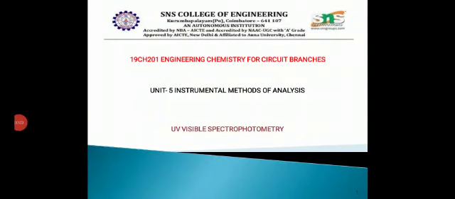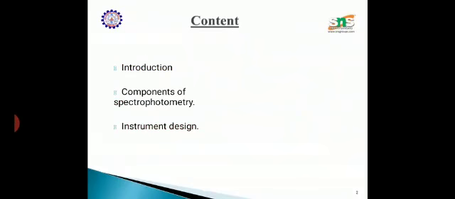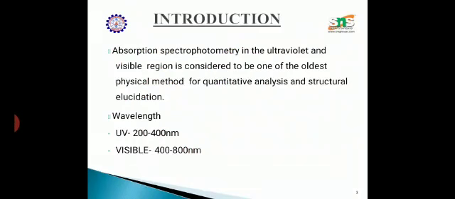So we are going to see about the UV visible spectrophotometer. In this video we are going to study how the UV visible spectrometer has been designed, and its functions and applications. It's an absorption spectrophotometry. Absorption means the ultraviolet radiation, UV, is being passed